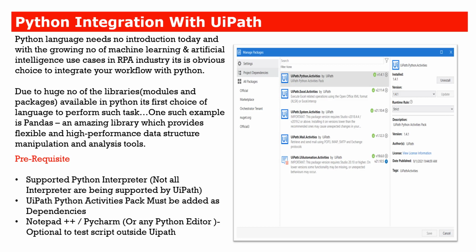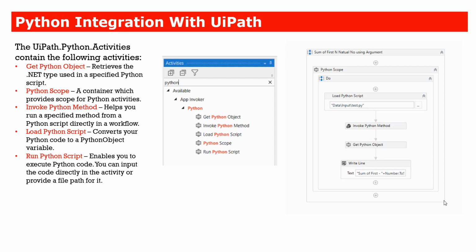But Python is altogether a different language, which is not at the core of UiPath, and that's the reason you need additional DLLs and libraries to integrate with it. For the same reason, you need to follow additional steps in UiPath if you want to run Python code. So the UiPath Python library provides you these 5 activities, and this will be an interview question, guys, for 100% of those going for an RPA developer examination: how you integrate Python inside UiPath. So you need to explain these 5 activities in your answer.